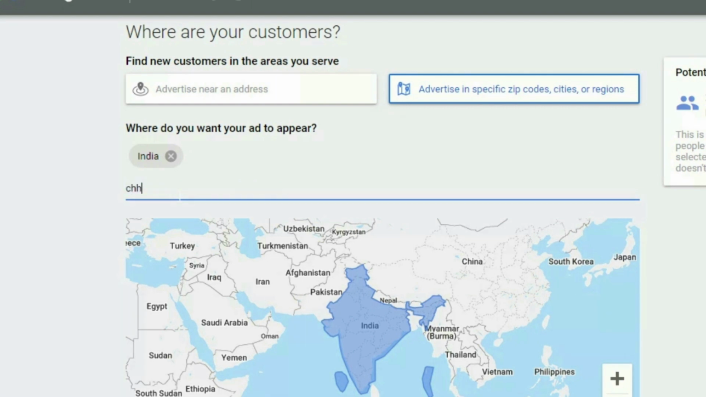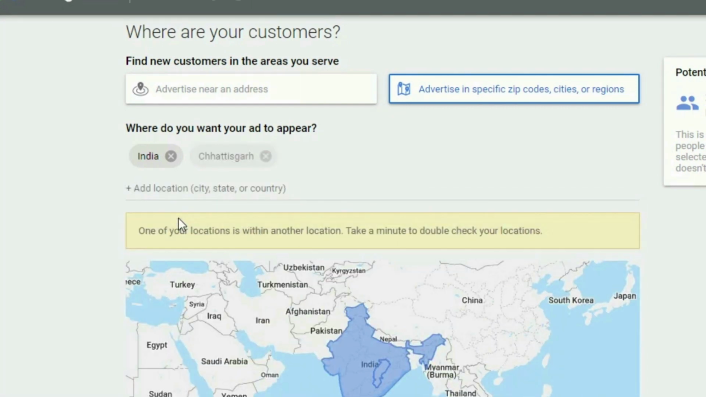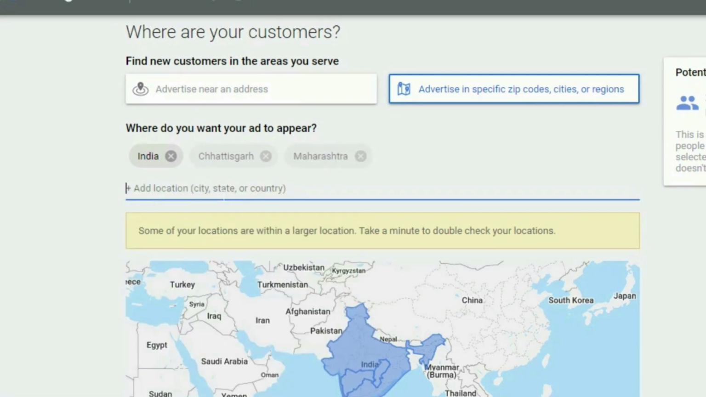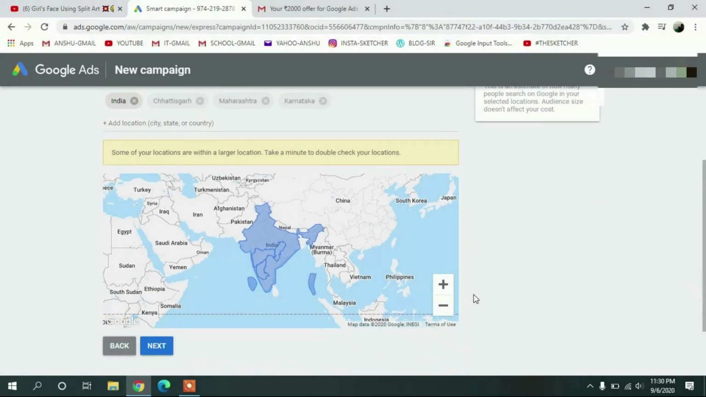So let me just add a few states, as they come under India only. But just to demonstrate how it actually works, let me add Maharashtra to it, and any of these other states, maybe let's say Karnataka. And next,